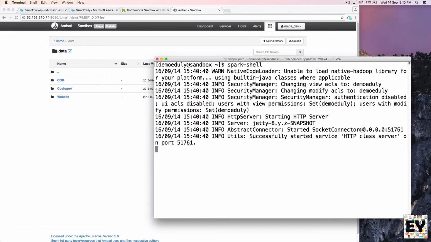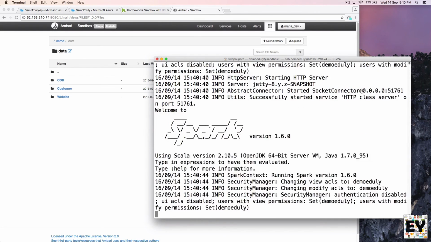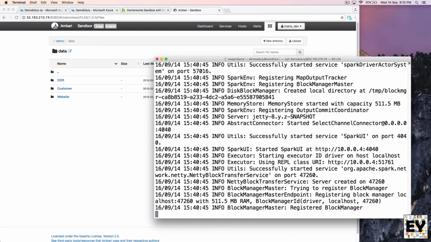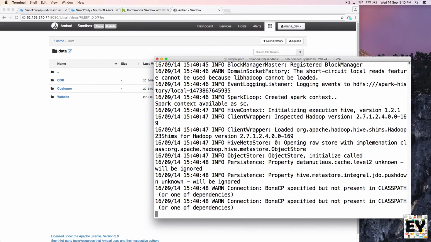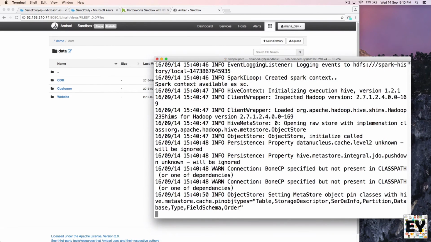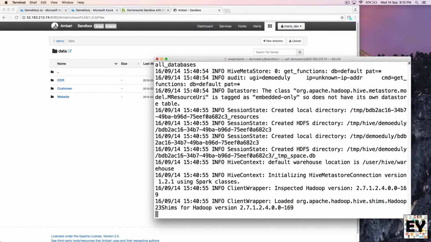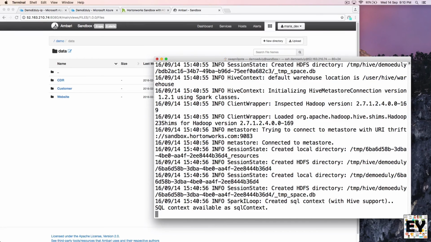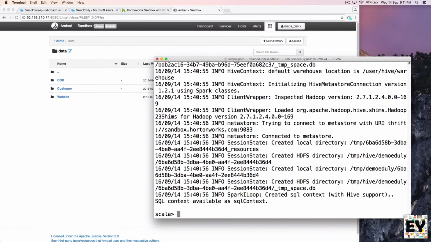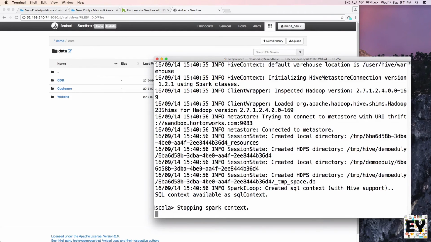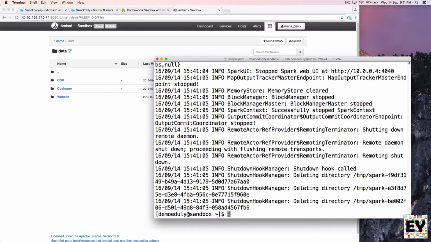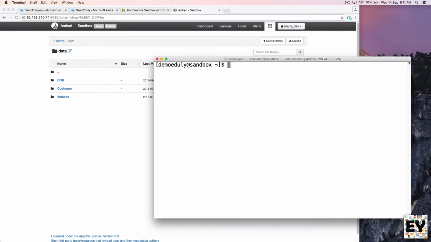And this shell will be for Scala, and if you are using PySpark, what you need to do is just type pyspark. Don't need to type dash shell, just type pyspark and hit enter. You will get into this particular PySpark shell. Okay, I am going to exit. Every time you need to exit, just hit the Control D button and you will be exiting from that particular shell. Okay. So these are the basic things.